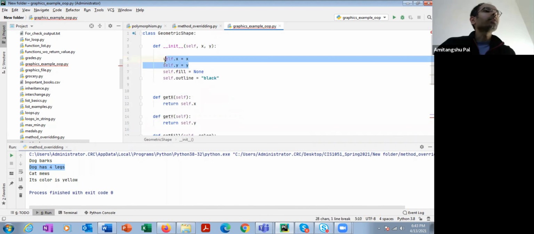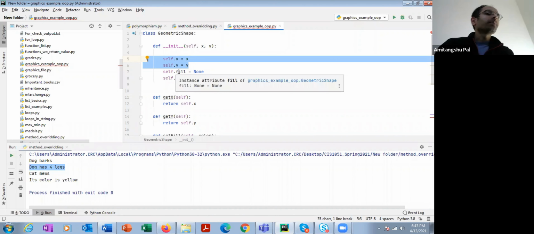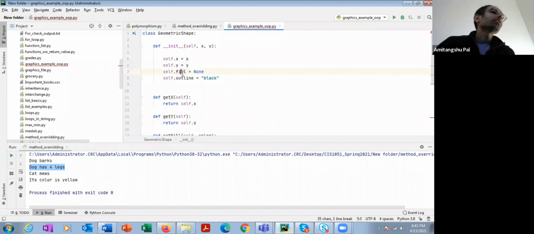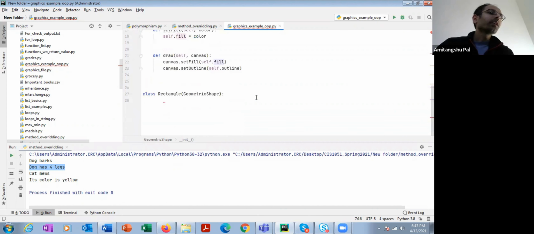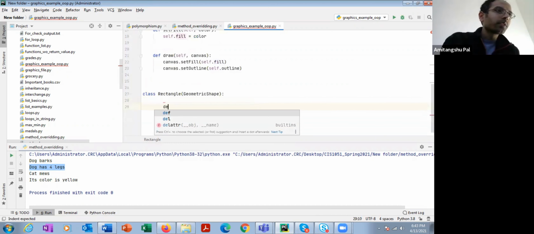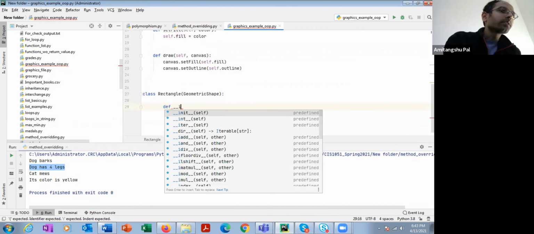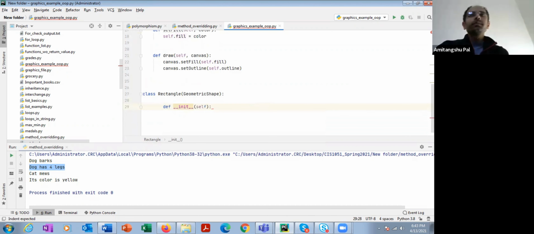It will have at least one xy coordinate. Here also you need a color to fill up the space inside the rectangle, and you also need the color as an outline. All right. Okay, so let's declare the init method,